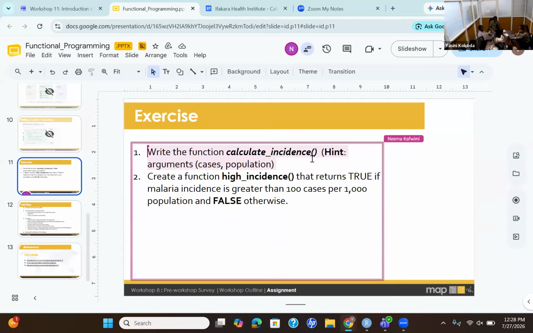This should be the name, and we already have the hint here. The function simply calculates the incidence in the population. So you have cases and population, taking two arguments. It will be 5 minutes, and then you come back and paste your function here on the chat.